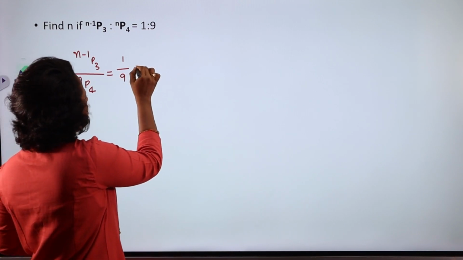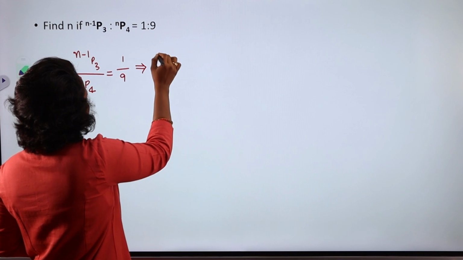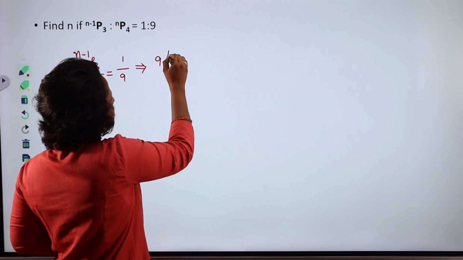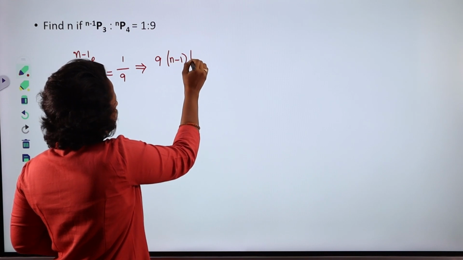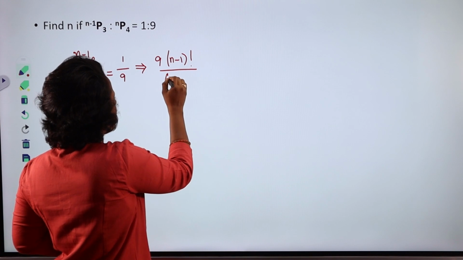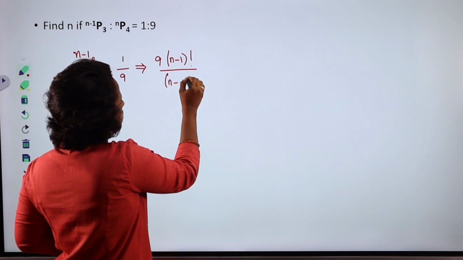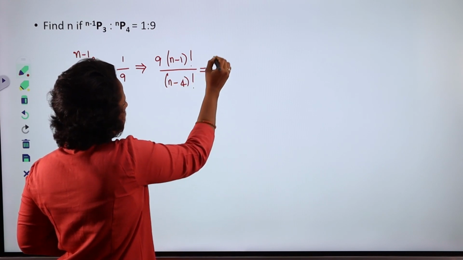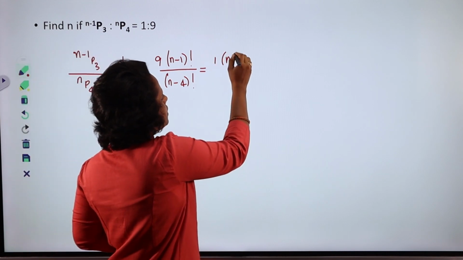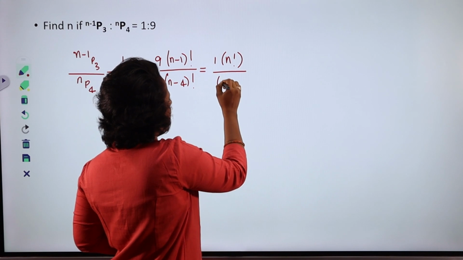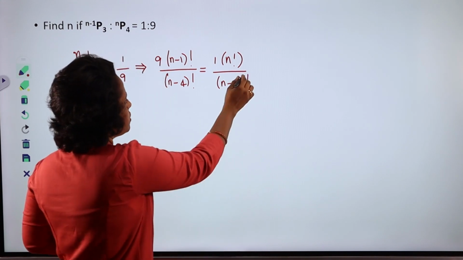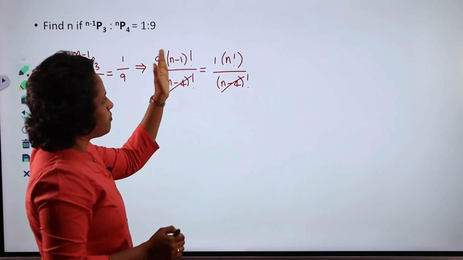Now, 9 into n minus 1 p3 can be written as n minus 1 factorial divided by n minus 1 minus 3 factorial. That will be n minus 4 factorial, which will be equal to 1 into np4. np4 is n factorial divided by n minus 4 factorial. Now these both get cancelled. I am left with this one,